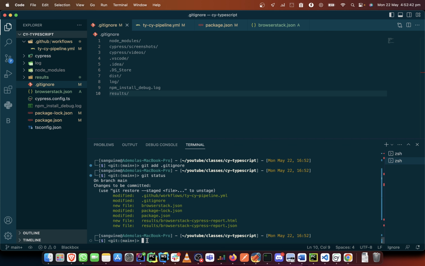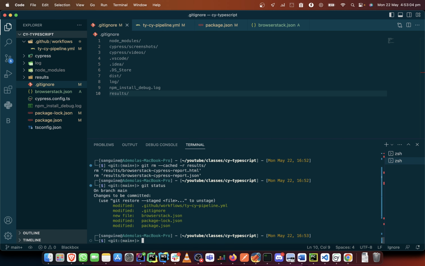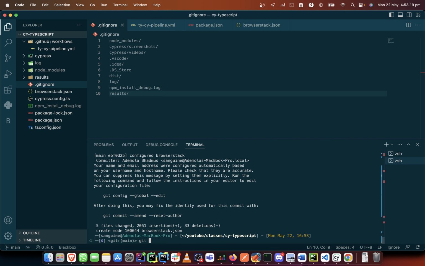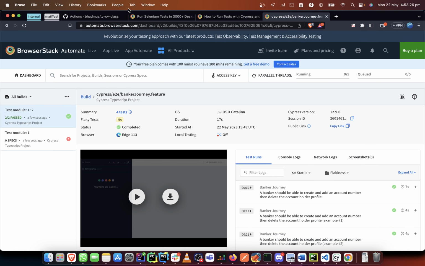and the file is still there, so let us try to remove it ourselves. So we say git rm for remove, then the flag cached for cache file, then we put on results. It should remove everything in results for us. Yes, it has done that. We can check the status again now to be sure that it has removed it. So now that it has removed it, we can go ahead and commit and say configured browser stack. Okay, then we push this to GitHub, push to our remote repository, so we can come here and